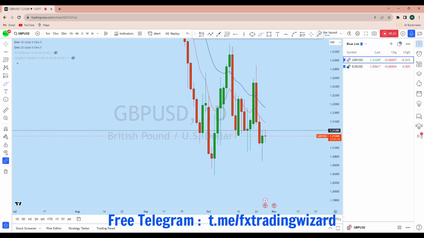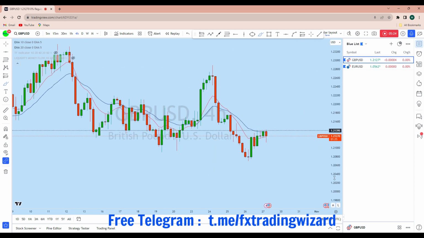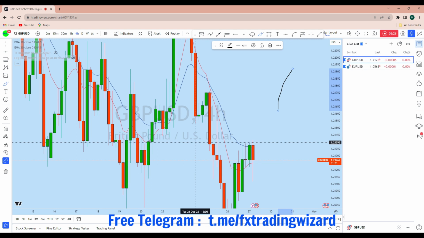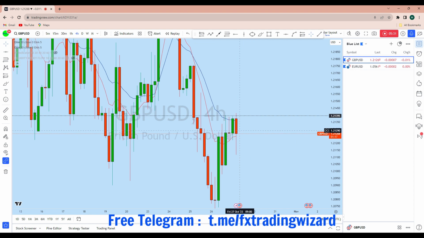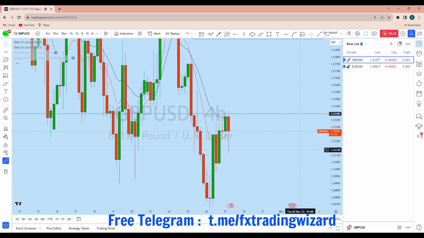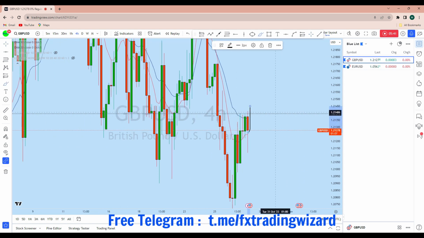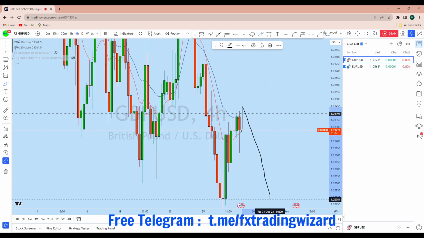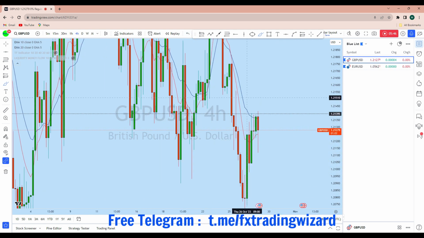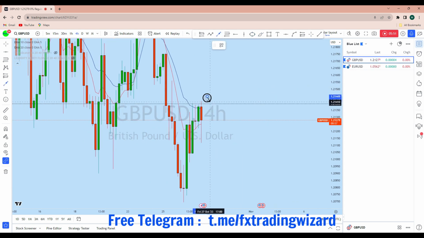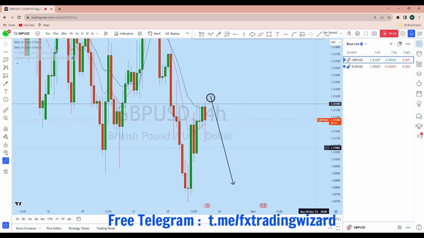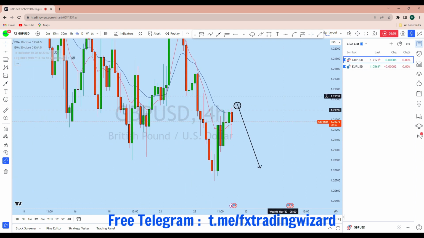Now, going back to the lower time frame, the intraday perspective from the 4 hour, we see that GBPUSD also has broken this resistance today and has formed a bearish candle after crossing this 20 EMA. I think we could see another wave of liquidity gap from this resistance line, and then we can expect it to drop as we see that the bigger flow is towards the downside. This is where we'll also be waiting for a potential entry opportunity on GBPUSD.